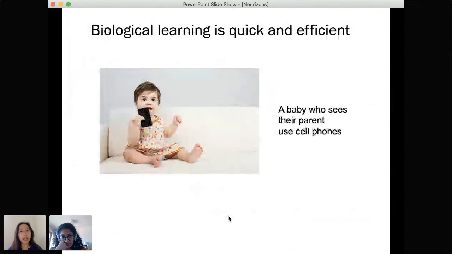And let's contrast that with the human brain, which is comparatively quick and efficient. I'm sure this is evident to all of us. I just have this picture in here because it makes me laugh sometimes when I see, for example, a baby, let's say a 1-year-old child who can barely walk or talk, and yet they are interacting with a cell phone in a really fascinated way. And it's presumably because they see their parents really interacting a lot with the cell phone, and so they're also mimicking this behavior. And so really we see that kids will pick up whatever they see, whether or not we even guide them towards doing it.